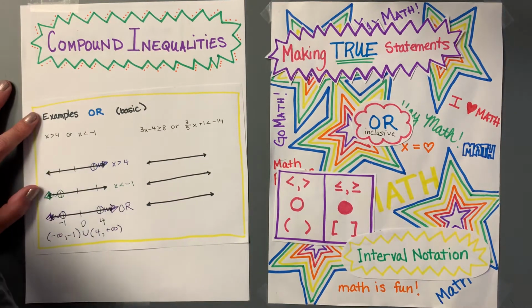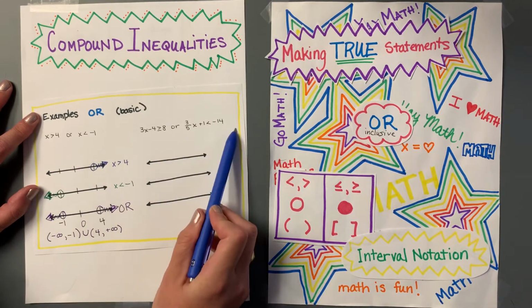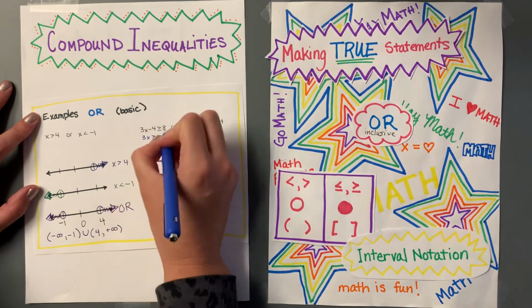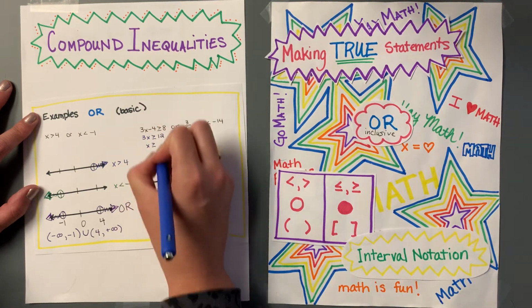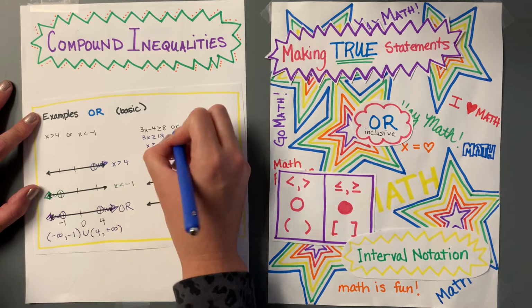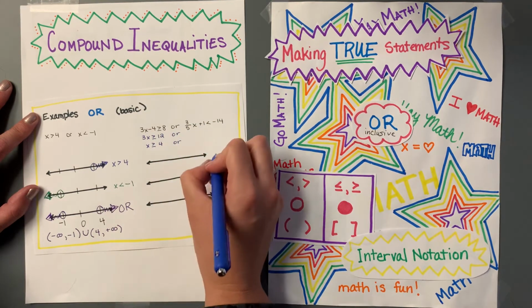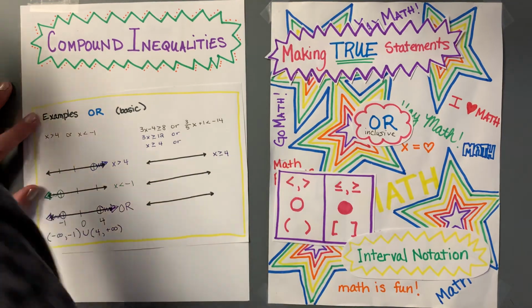Moving on to the next example, I have this inequality or this inequality, so I'm going to step through solving these. 3x is greater than or equal to 12. x is greater than or equal to 4. And I have the word "or" in here, making sure that stays around. So the first thing is going to be x is greater than or equal to 4. The next one,